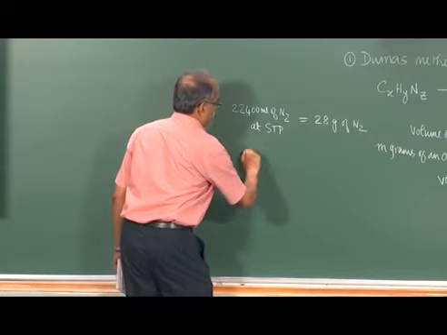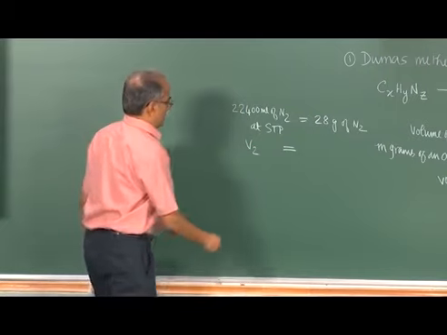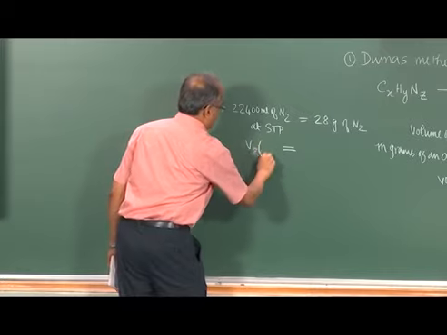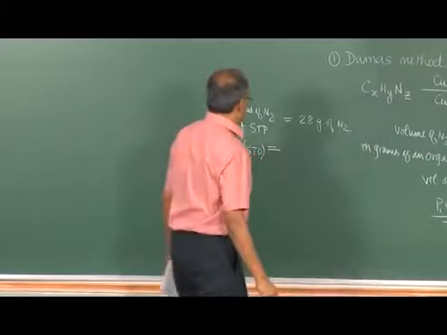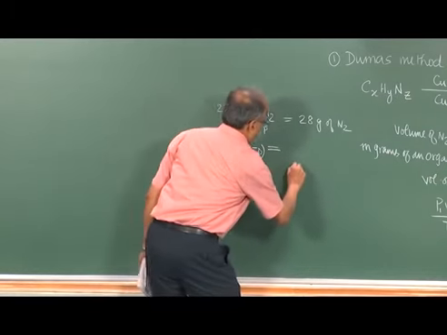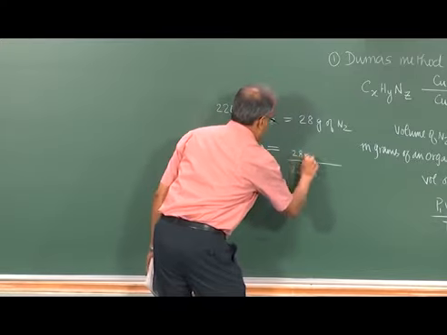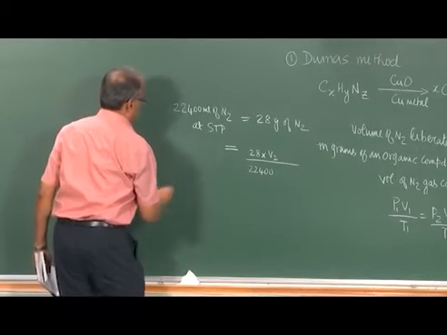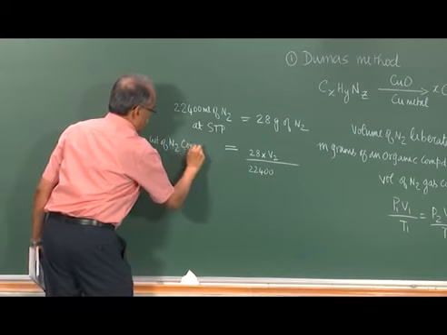So, what would be the amount of nitrogen for V2, sorry, the V1 which is collected, the V2 which is at standard temperature and pressure, which we calculated from this expression, what would be the weight of nitrogen that is present. So, if it is 22,400 ml, it corresponds to 28 grams. So, for V2, how much will be the weight of nitrogen corresponding to